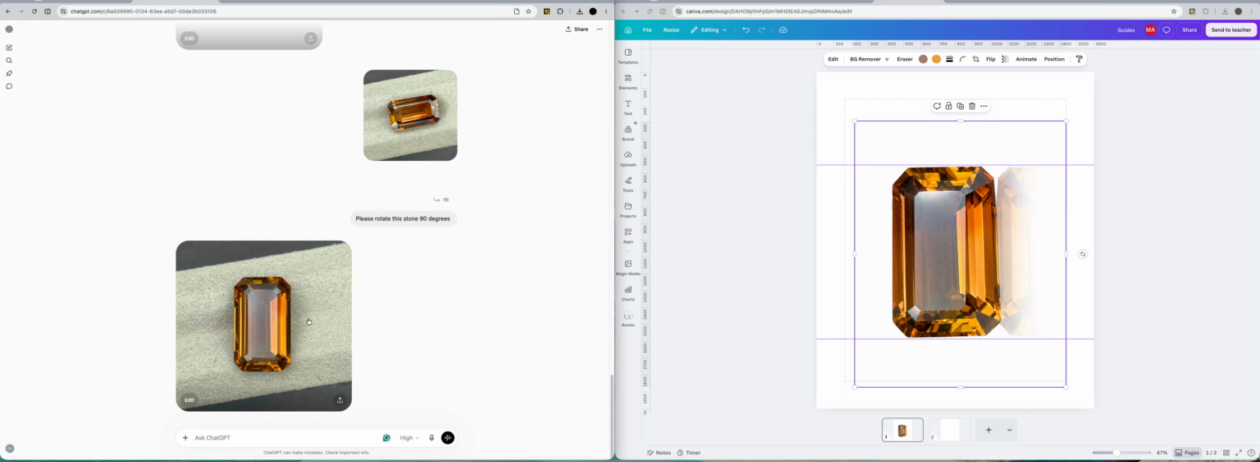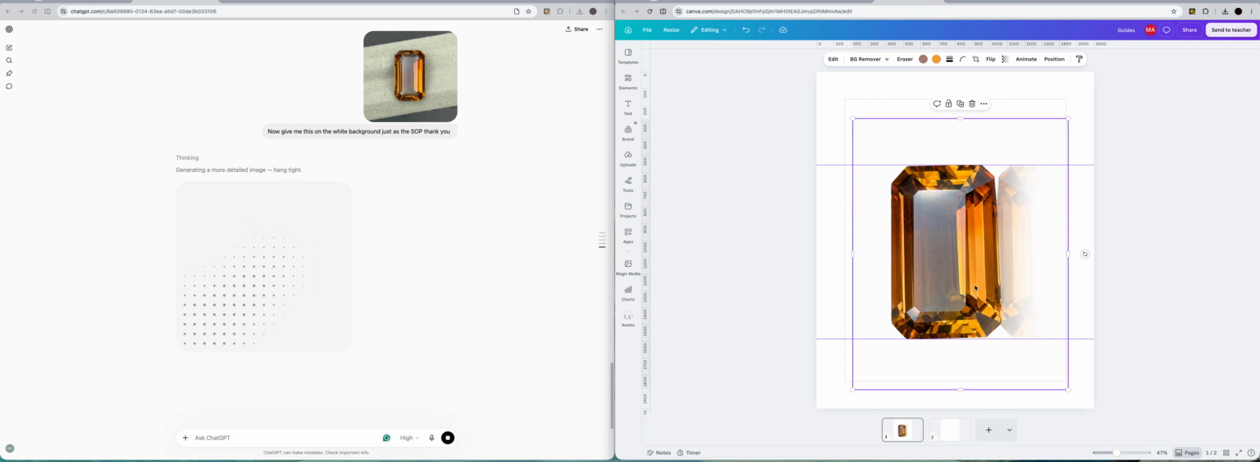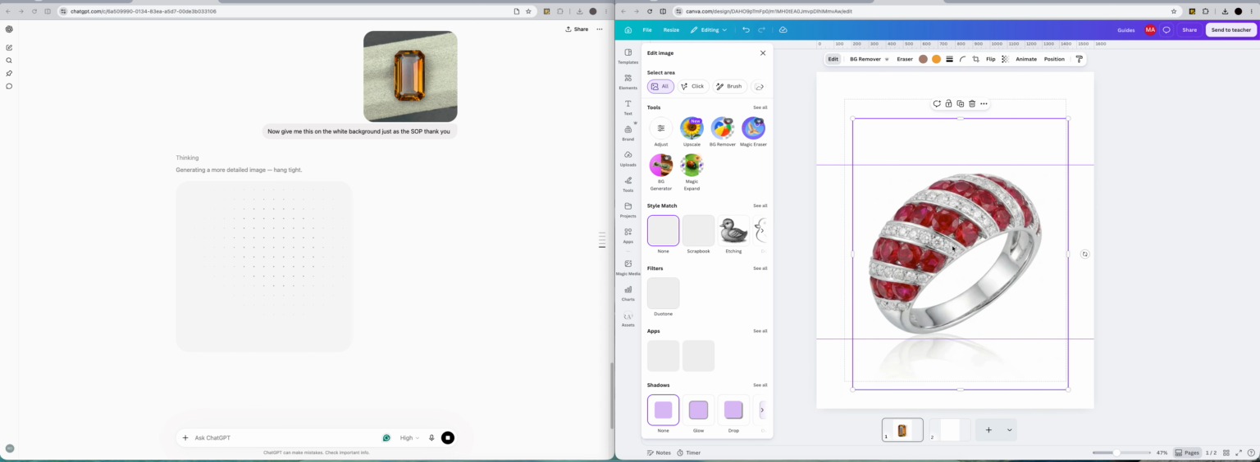But then, so, okay. So then I think I'll just copy and put this. Now give me this on the white background just as the SOP. Thank you. It has done that perfectly. So then when it gives us the output, what we will do is that we just have to put it in. And then what I would advise is that,